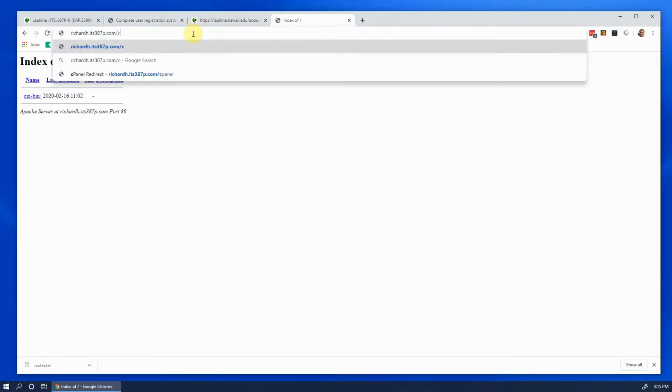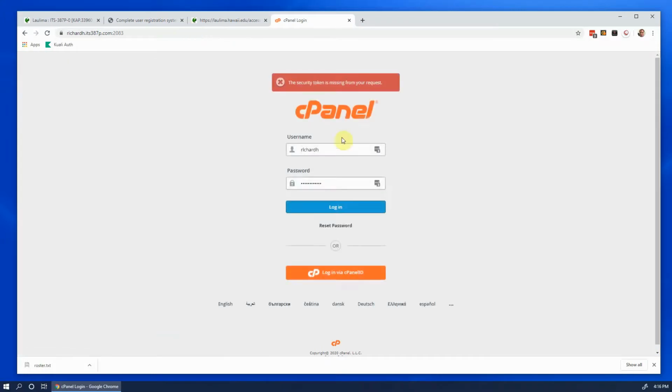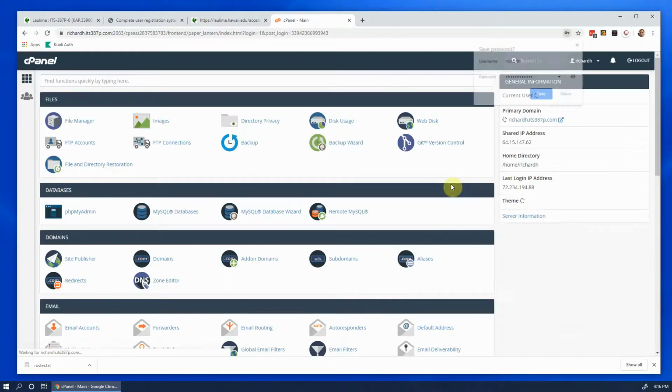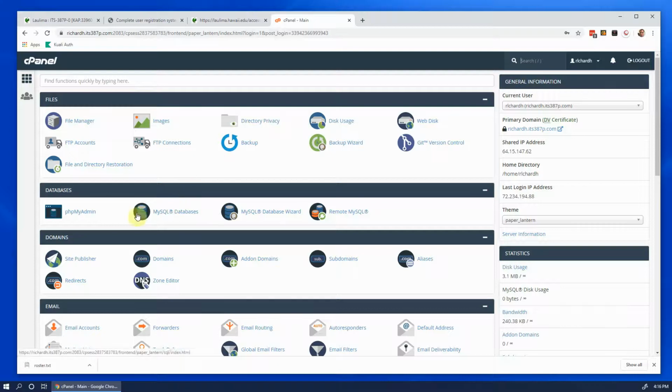And so I'm going to go to cPanel, and you can create a separate website for this if you'd like. But here I'm just going to make it as a directory in my main website. Okay, so first of all, I'm going to go to File Manager here,